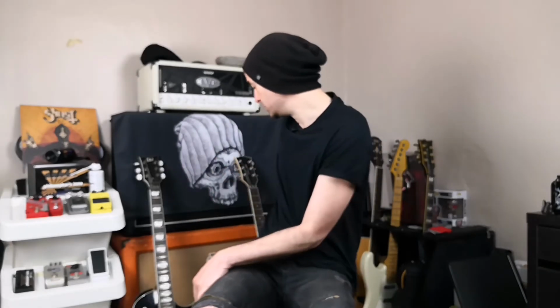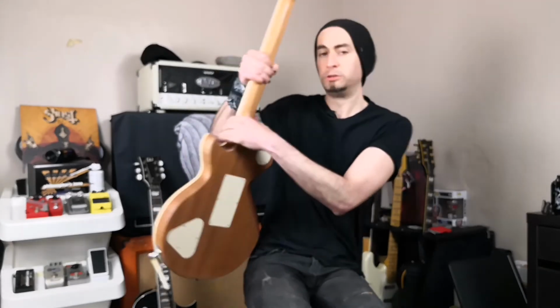Okay. So after all this natter and chat, this is the guitar. This is my, I'm calling it Radish, because why not? Radishes are awesome. The reason I'm calling it Radish is, to start off with, because of the lights you probably can't really see it, it's like a shell pink. A nice light shell pink. Because of the lights, it's probably looking a little bit whiter than it should. I don't know if you can see on there, but